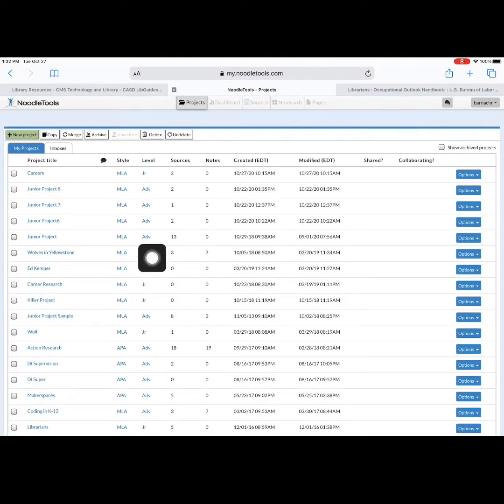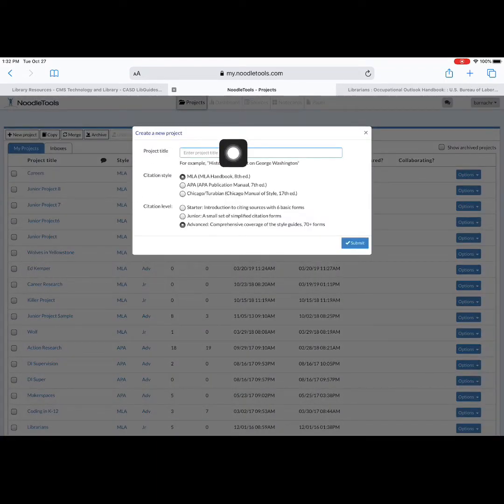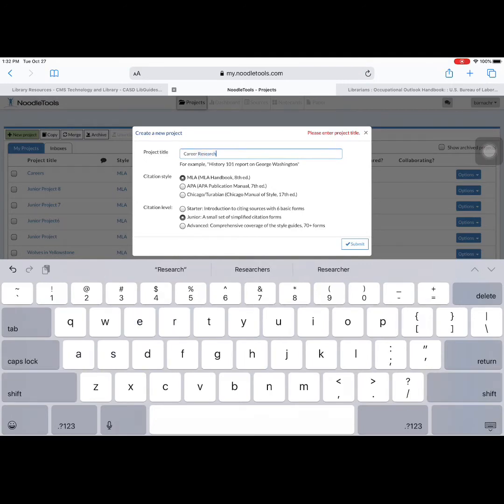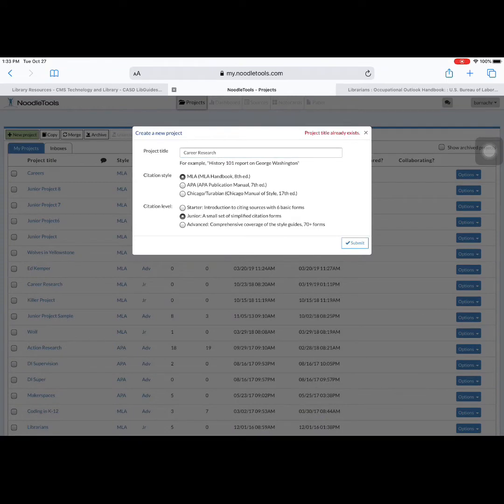After I get signed in, it's going to take me to my projects page. Let's say I'm just starting a new project, so I'm going to click at the top, New Project. And usually here at the Magnet School, we are citing things in MLA. And I would recommend choosing either junior or advanced. Either one will work. And then I'm going to submit. And then I have to give it a name. So you can name it after, let's say I'm doing a career research project, I'll name it Career Research. Or you can name it after the topic that you're researching. That name is just for you so that you can keep track of your projects. And now I'm going to submit. I already have one, so